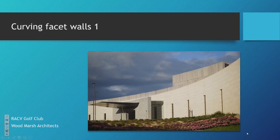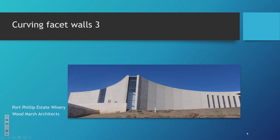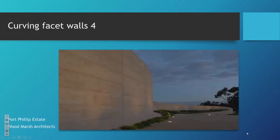But this is a building we built at Torquay a couple of years ago. And those walls are straight panels, we call them facet panels. And the architects, Wood Marsh, a very respected architect firm, said, yeah, that'll work. And here's some more facet walls. I quite like the battleship, straight elements all sort of finally creating a curve. That's the same building getting finished. And there we are, see that, look, I call that a curving wall. It's not really, but it's...